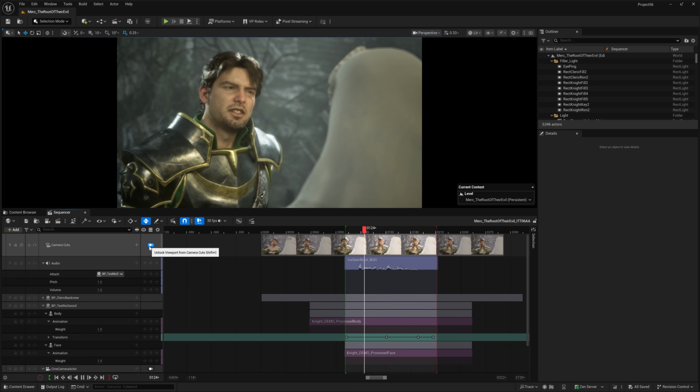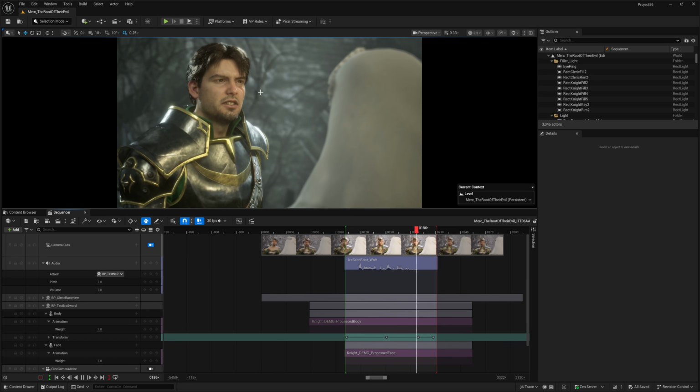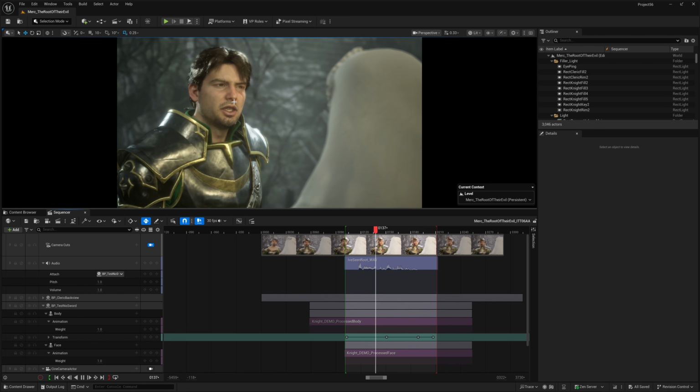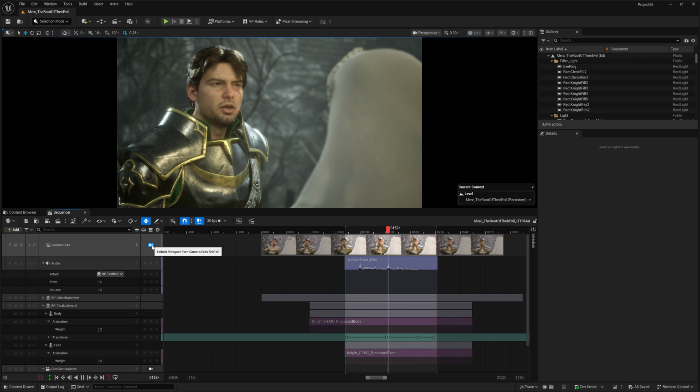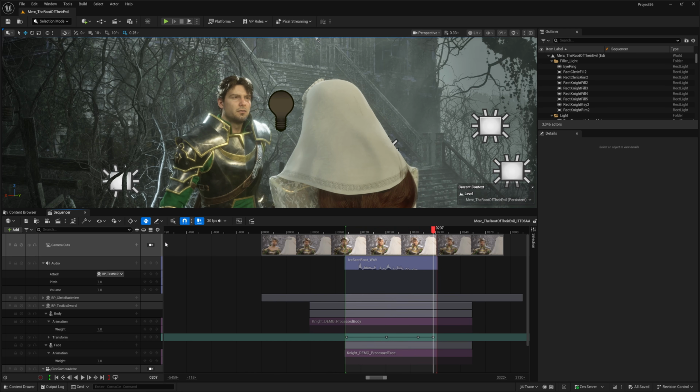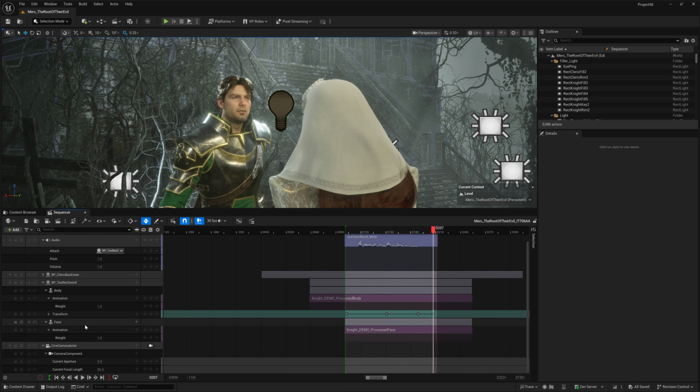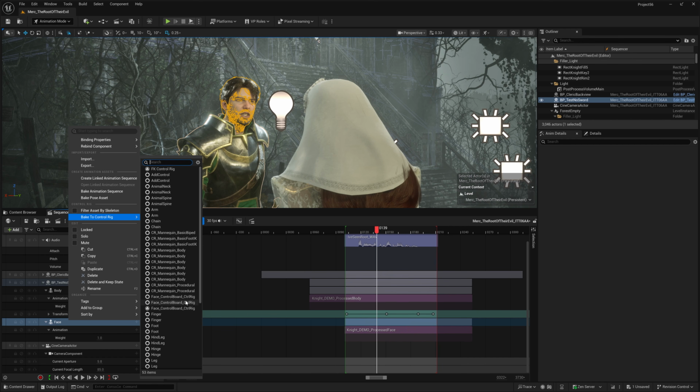Out of the box, the raw QuickMagic body motion and Live Link facial performance already looks pretty good. But to really sell the performance, you still need to refine it. One of the things I always focus on is the eye direction. Getting the eye lines right immediately makes the acting feel more believable.